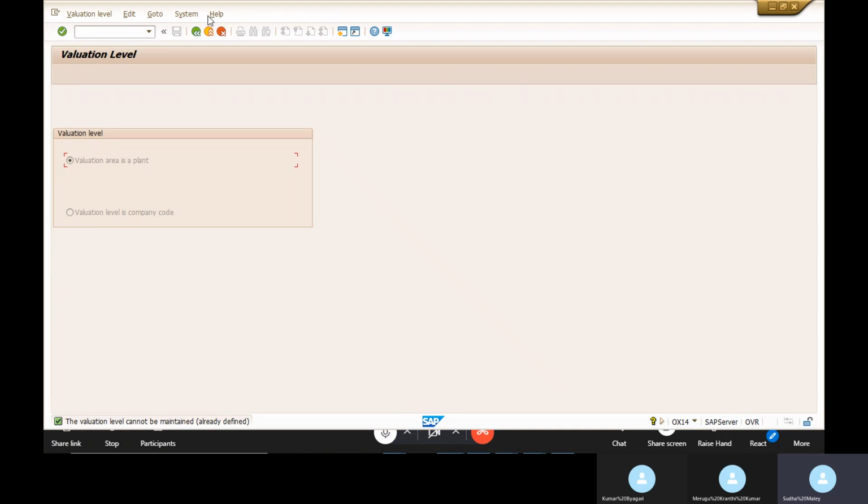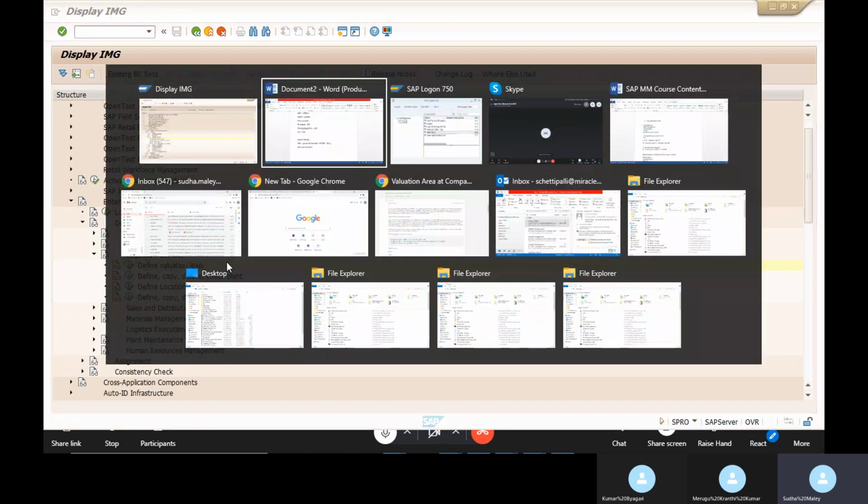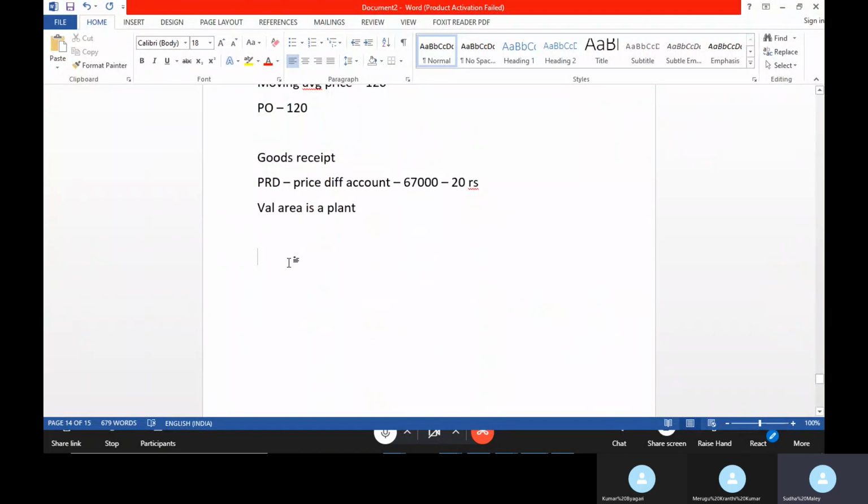The difference between a valuation area of company code and a plant: for example, your company code is Bata. You have one plant in Hyderabad and another plant in Chennai, so you have different plants.